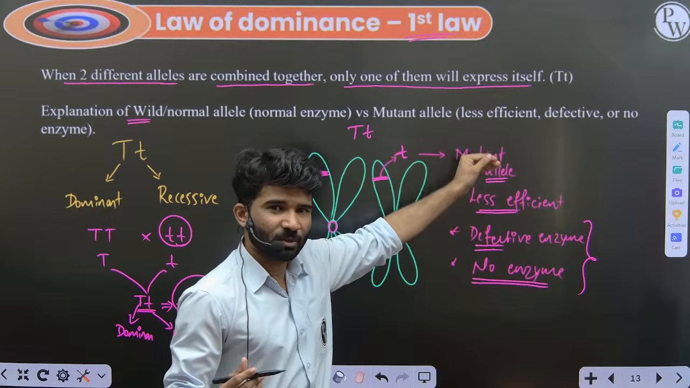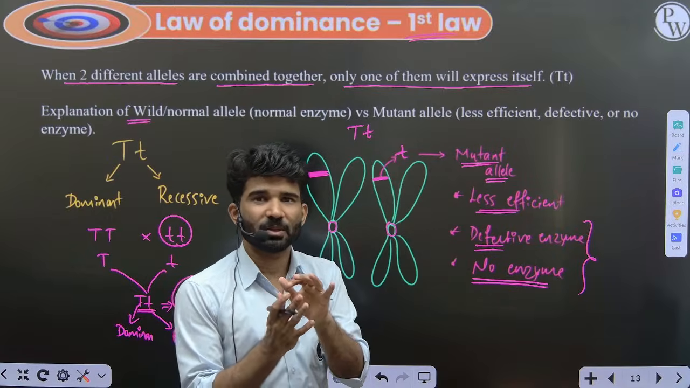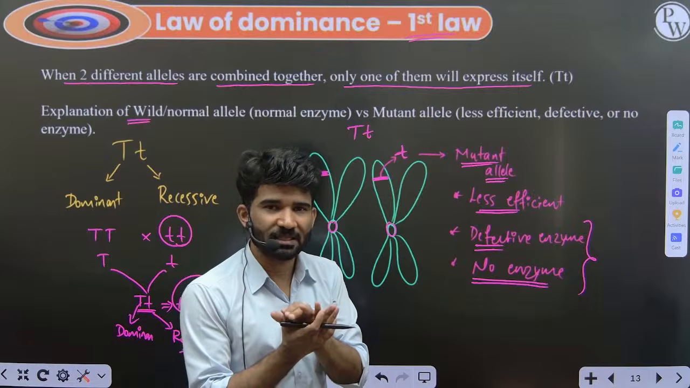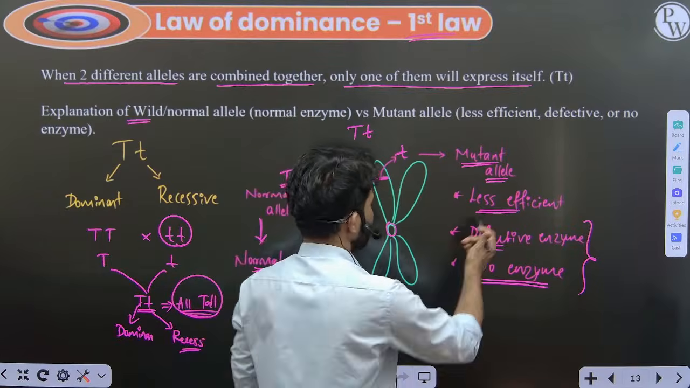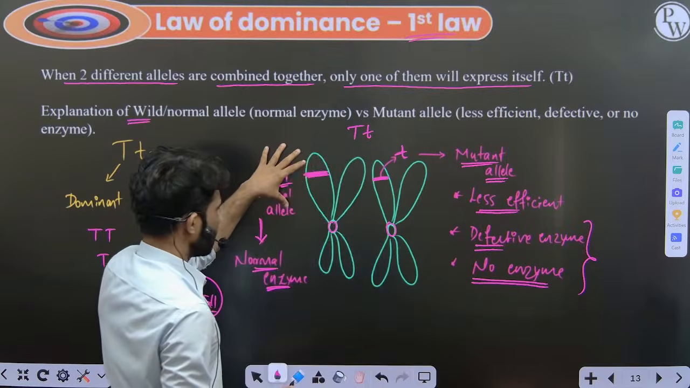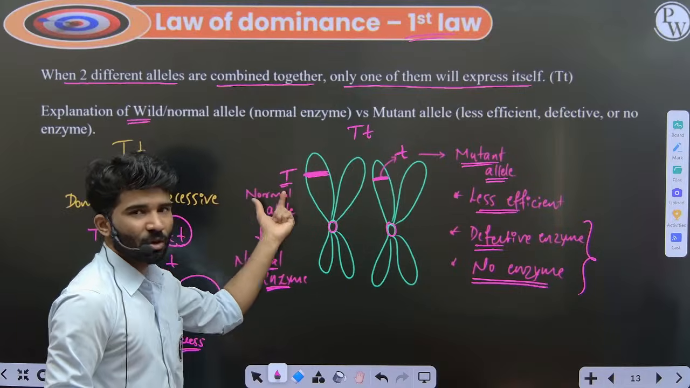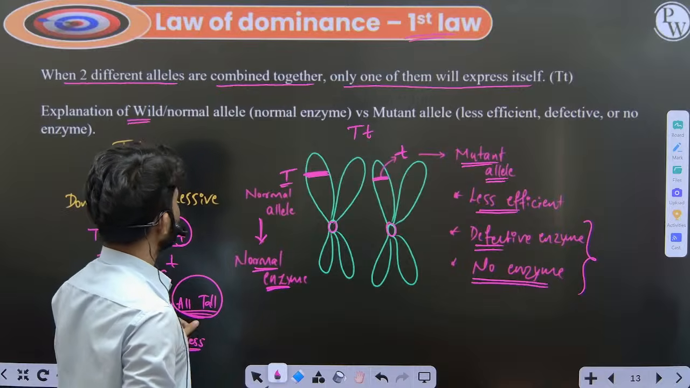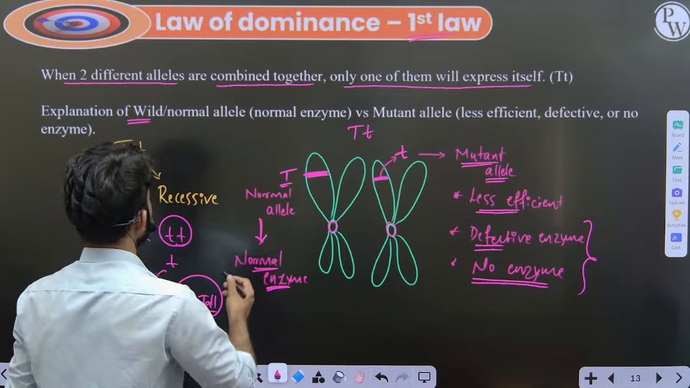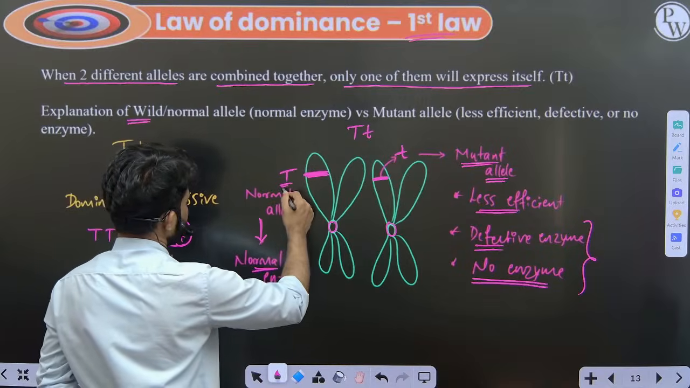But even though they are recessive, what do they do? They produce something, less efficient, but they are not as normal as the normal allele. Now, here the wild variety, wild character with